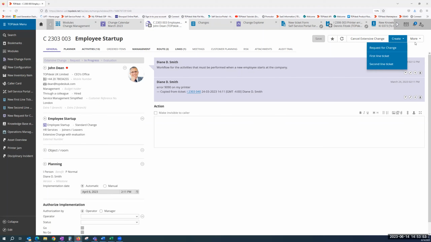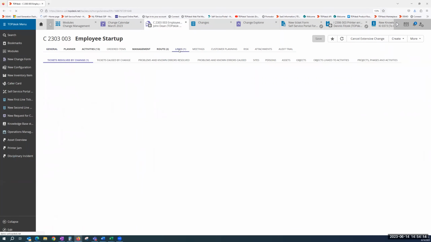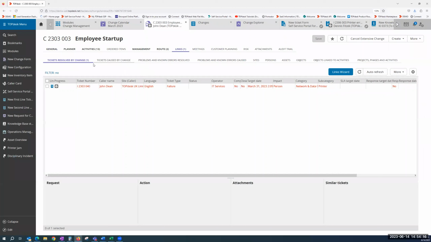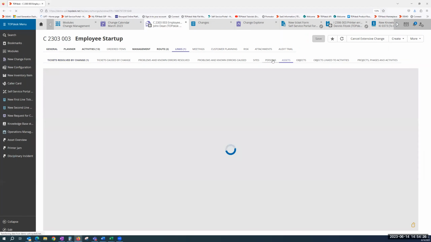And in the same way that you can create changes from tickets, the same is true vice versa. So in this case, if I'm working on a change, and as I'm going through the process, I'm following the workflow that we've set up, we can actually go in, and if we incur a problem, we notice something that's out of the ordinary, we can actually create a ticket request that's related back to the change. And we have the option for us to link different records to our change requests. So in the same way that we could say link maybe an asset in TOPdesk to a ticket, same can be done for a change, where I can link a ticket to a change, I can link assets, specific persons,